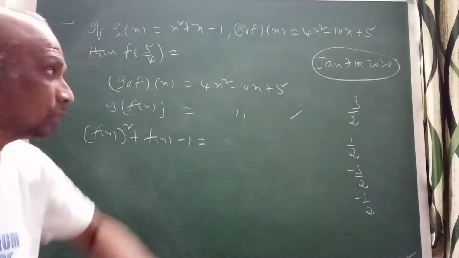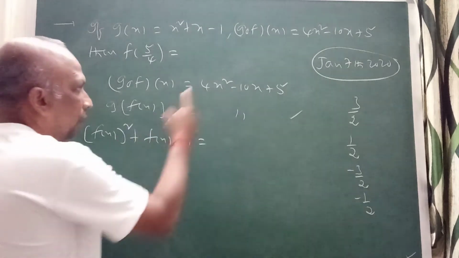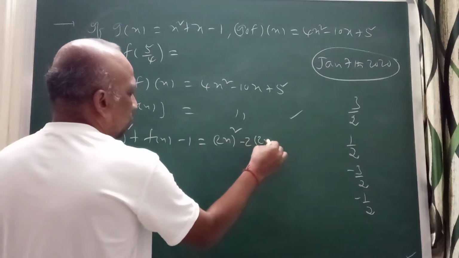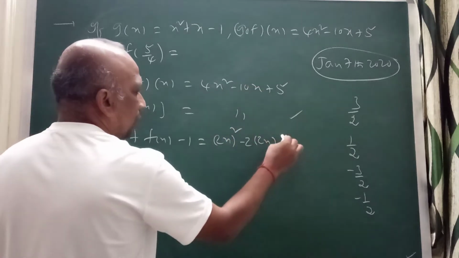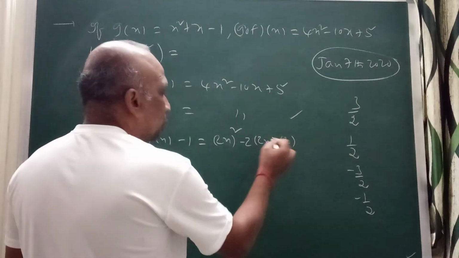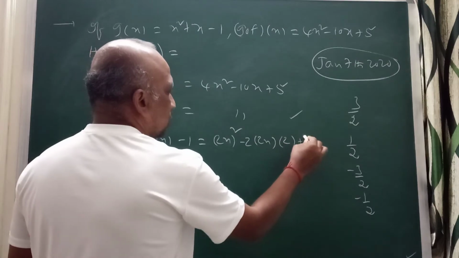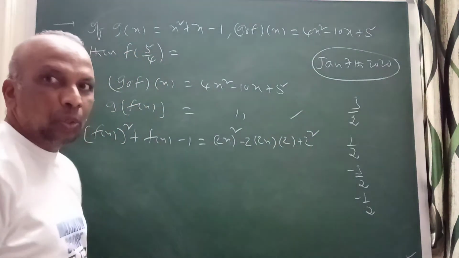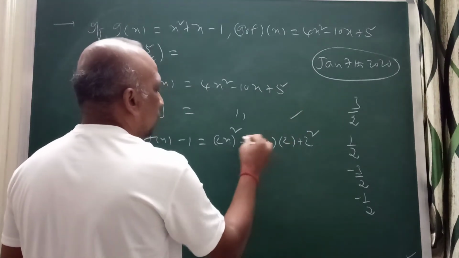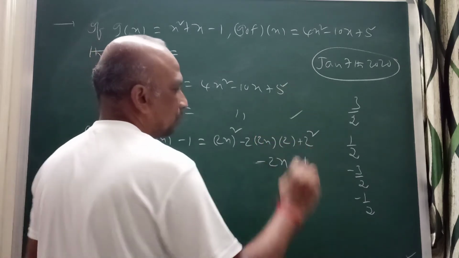So try to express this side also like this. I want f of x whole square in perfect square form. So you can write 2x whole square minus 2 into 2x into 2, which is 8x. Now what I am doing here: I have taken 2x, 2 into 2x into 2, again plus 2 square I will write. Now the remaining terms, to make it minus 10x and to make it 1, I can write minus 2x and plus 1.